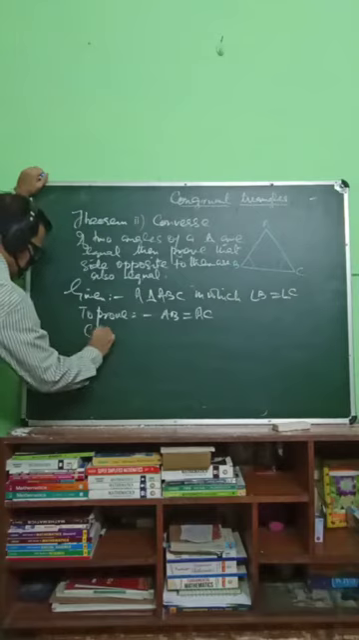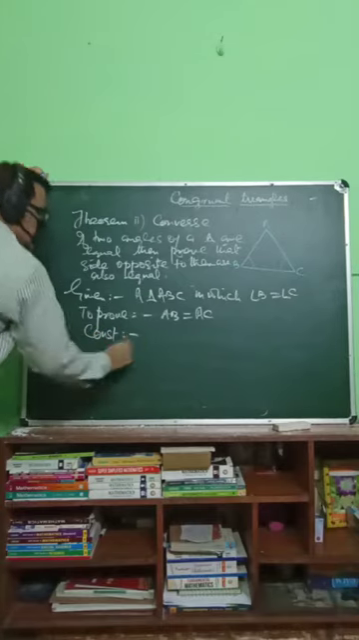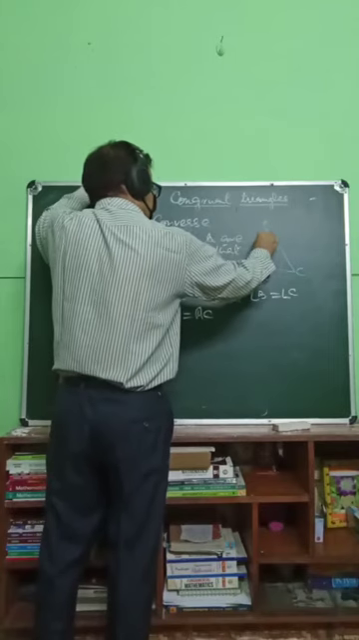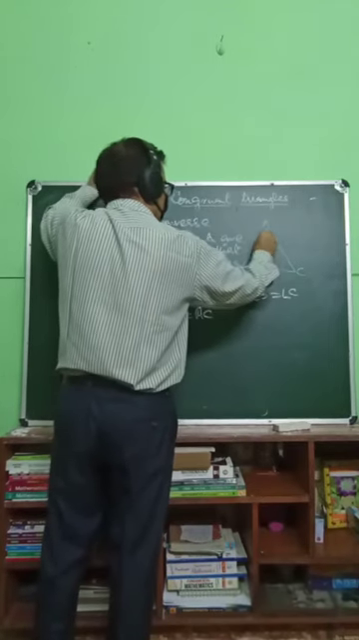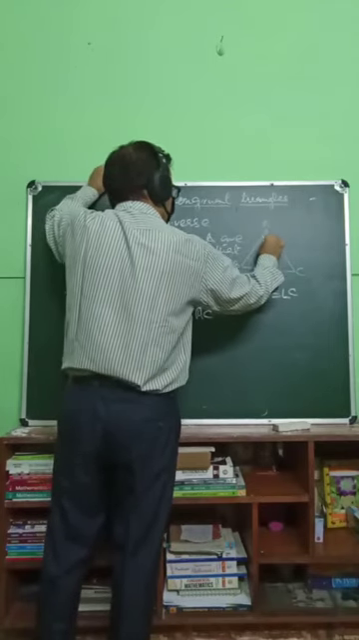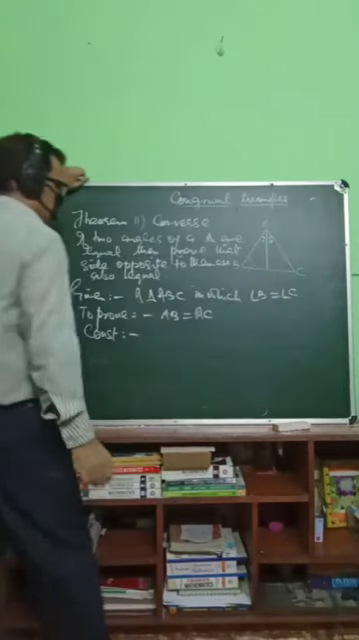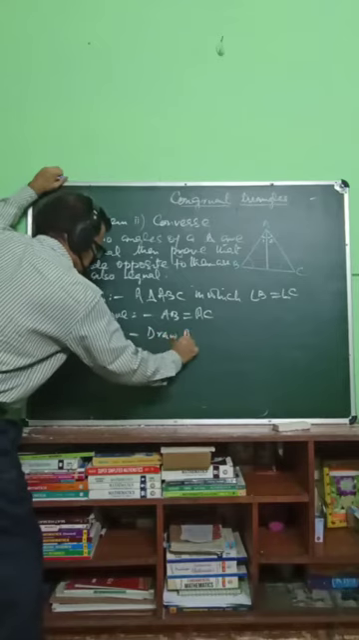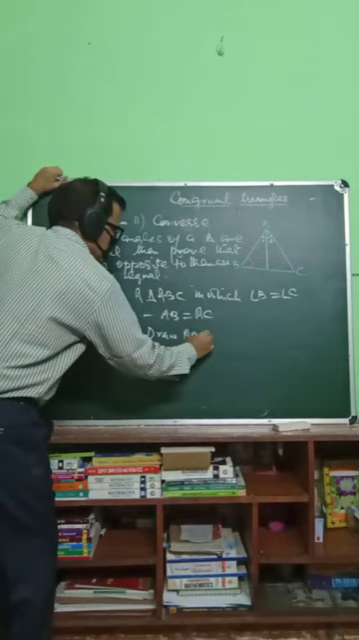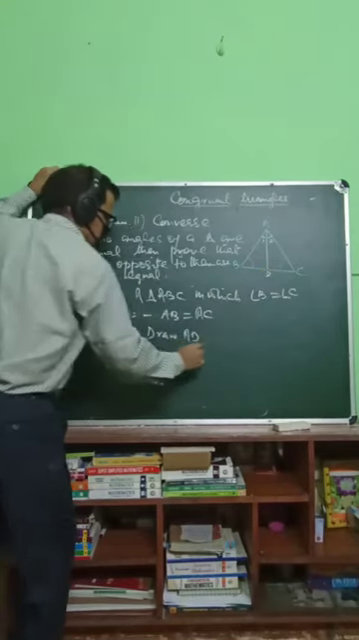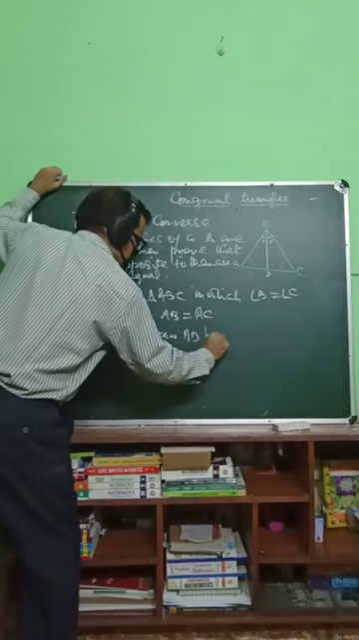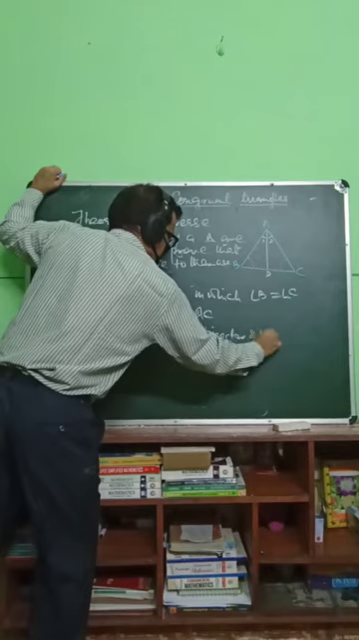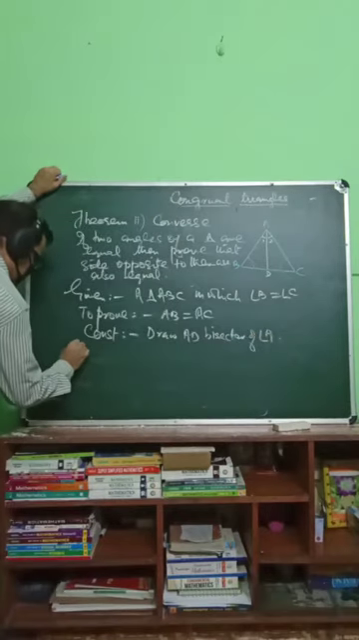Construction same what we did in the first one. Draw AD the bisector of angle A. Angle 1, angle 2 equal. Draw AD bisector of angle A. Prove